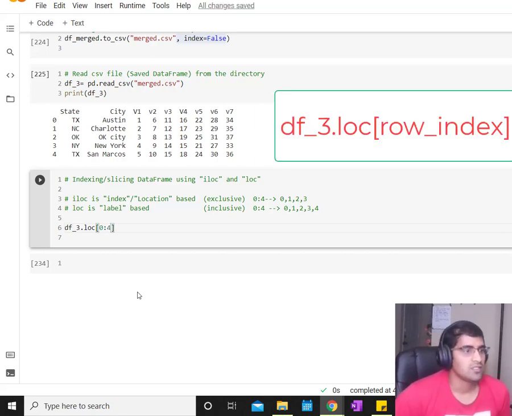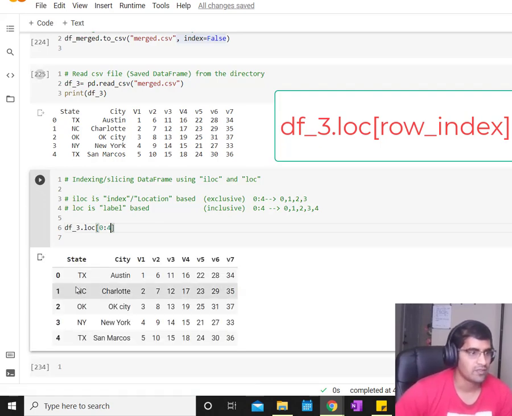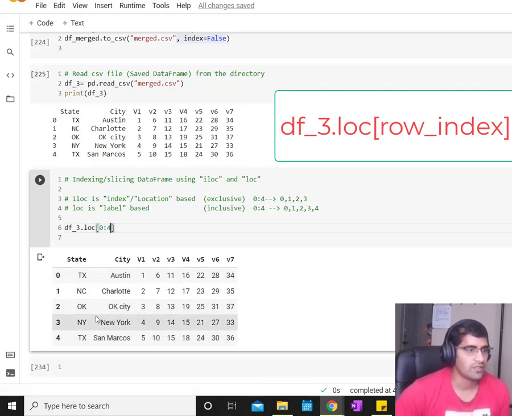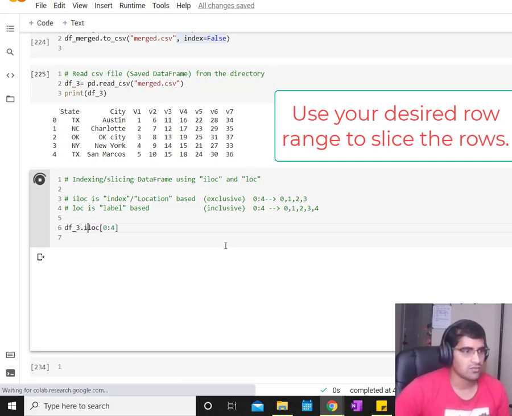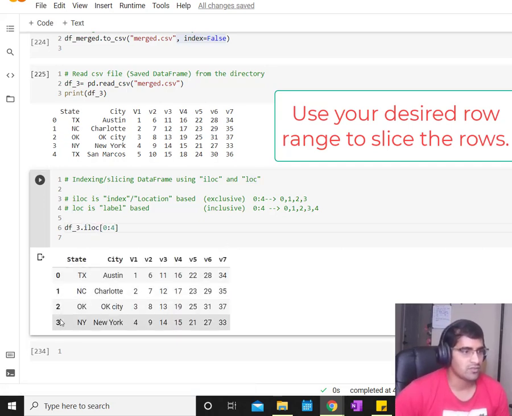That means it is label based, right? So this indexing will start from 0 and end at the last number, so it should show all of them. Okay, so 0 to 4 right here. But if you use iloc, it will start from 0 but it will end at 3.